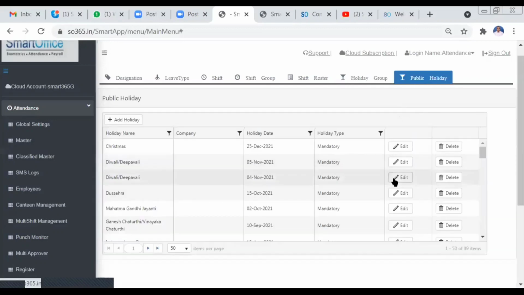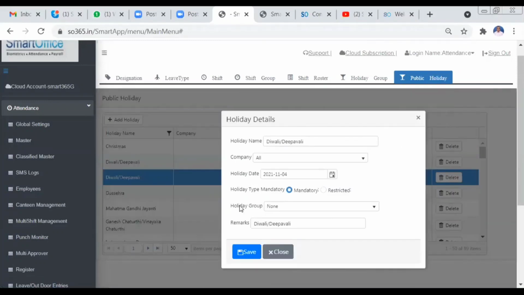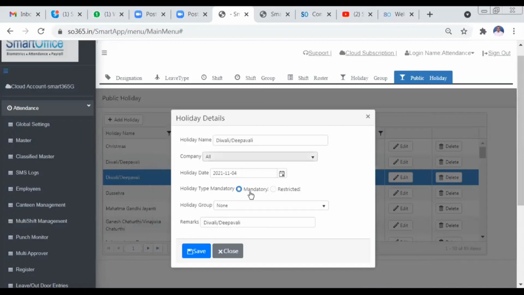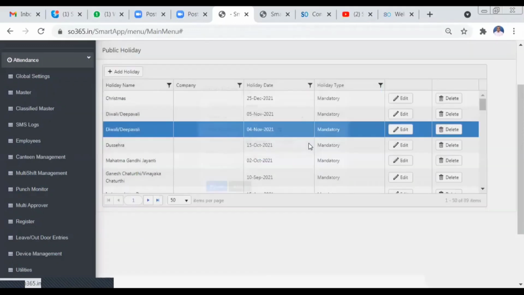While adding, you can make it restricted or a holiday group, and if it is a holiday group, mention which holiday group it is applicable for. You need to mention the holiday name, holiday date, and write a remark, and save it. In bulk, if you want to import the holiday list, we have an import sheet to import the holiday list also.